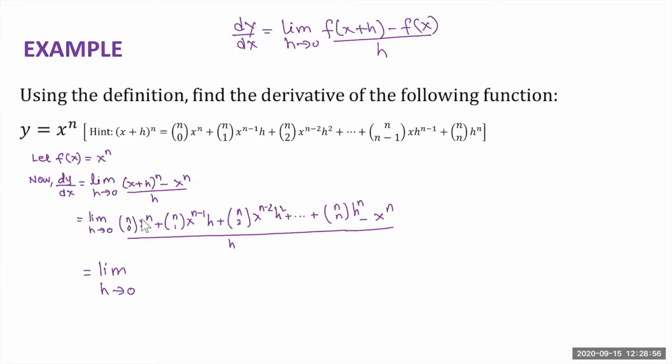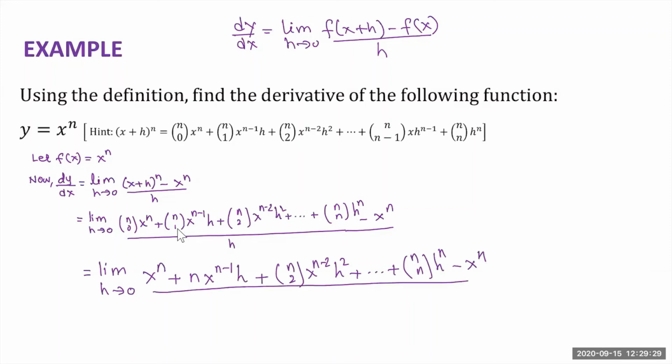So 1 times x to the n is x to the n, plus the second one, combination of n objects taken 1 at a time, that is n. Then you have x to the n minus 1 h. Then plus the next one, I don't want to simplify that, I'm just writing it, h squared, plus the last one is nn h to the n, minus x to the n,